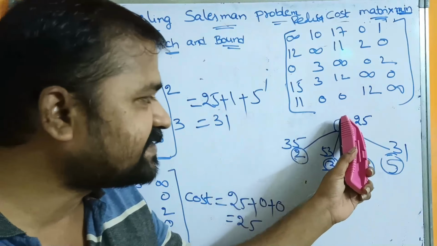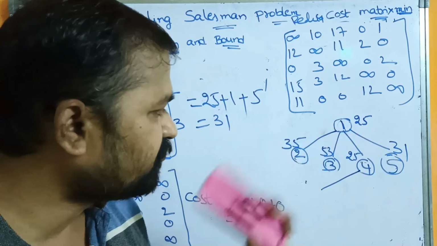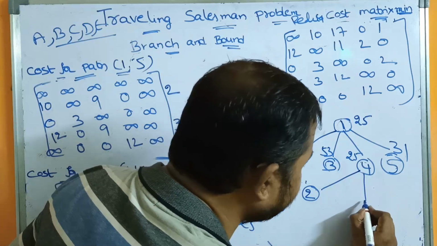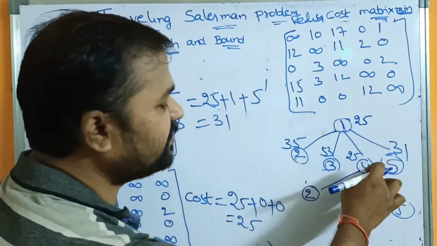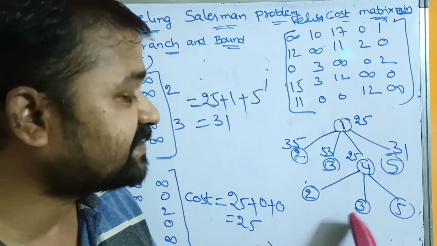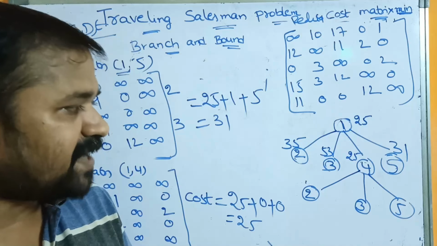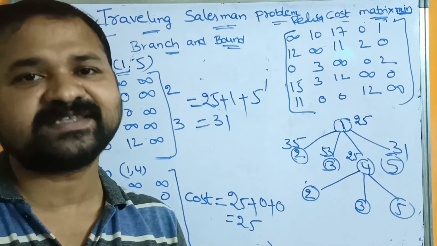Vertex 4. So what are the other vertices? So one vertex is visited, fourth vertex is visited. Here we have vertices from 1 to 5. So what are the remaining vertices? So we have second vertex, third vertex, as well as fifth vertex. Okay. Why? Because 1 and 4 are visited. So the remaining vertices are 2, 3, 5. Now let us determine the path cost from 4 to 2, 4 to 3, 4 to 5. So this is our target now.